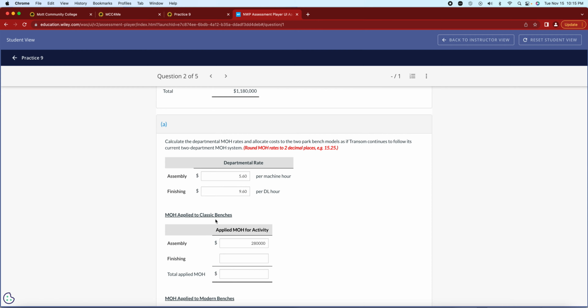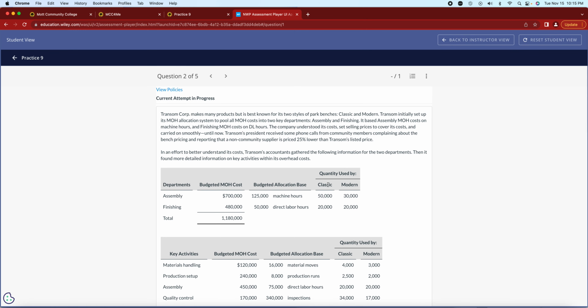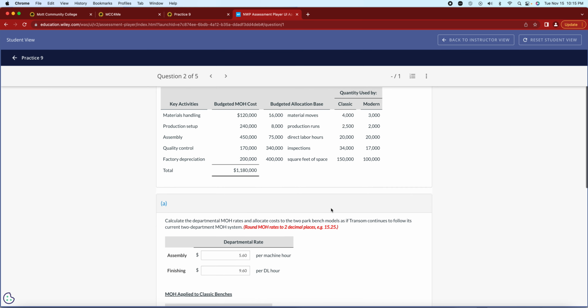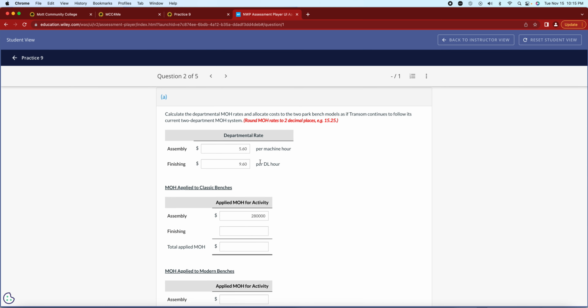For the finishing department, again for classic finishing, 20,000 direct labor hours times $9.60 per direct labor hour gives us $192,000. We add those two together and we have a total of $472,000 that would have been allocated to the classic benches using the departmental